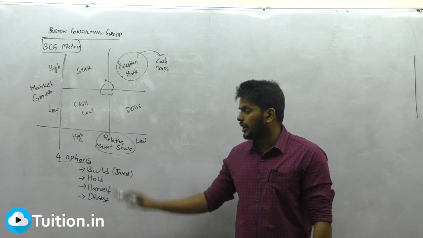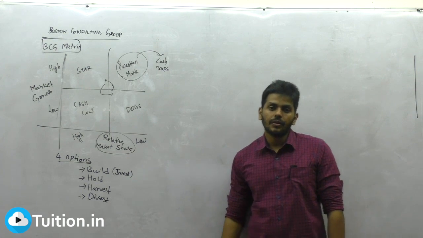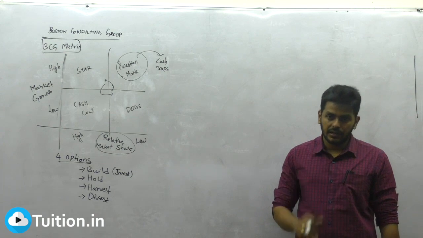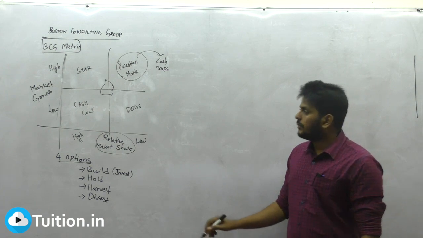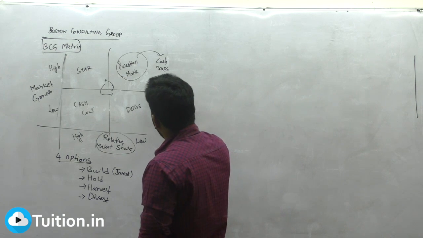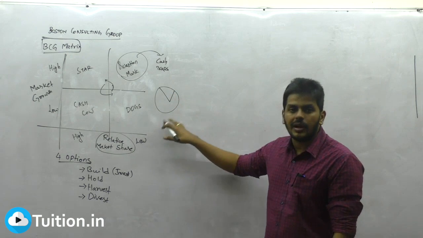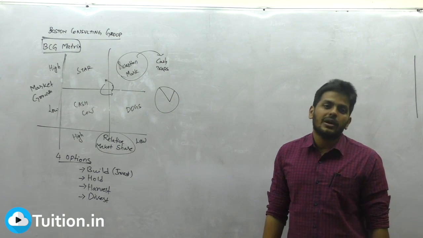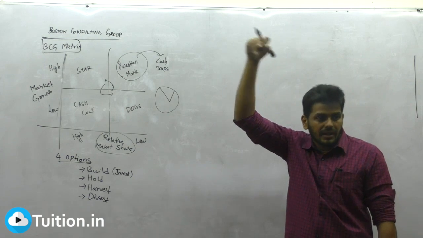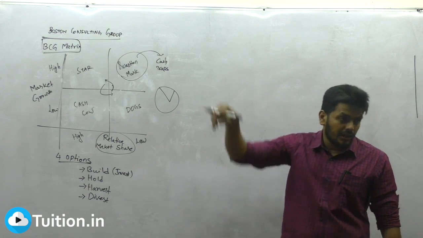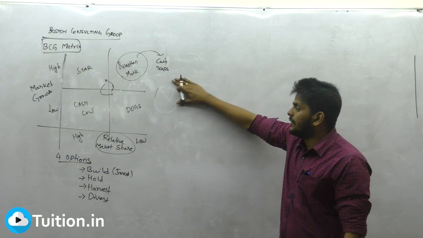Tell me how easy it is to find market share. What is market share? It is my business divided by the entire market, correct? Now if this is the entire market, this piece is what we are sharing. How do you know what the market is? Practically, is it possible to know how many firms are there in the market, how many of them are dealing in the same business as you do, and what your share is? How will you calculate that? It's a very good model to look at, but it has its own challenges.